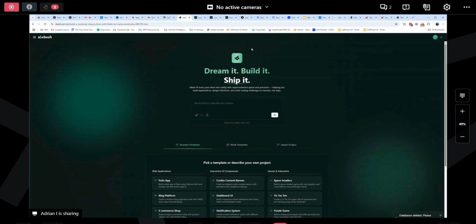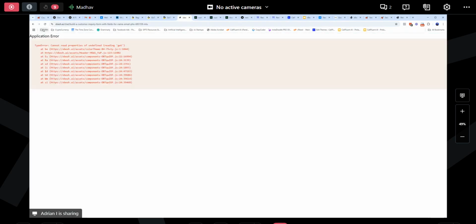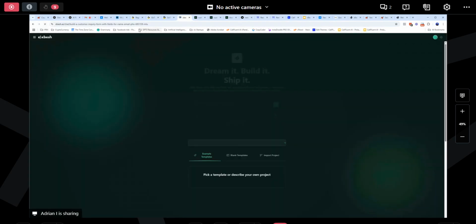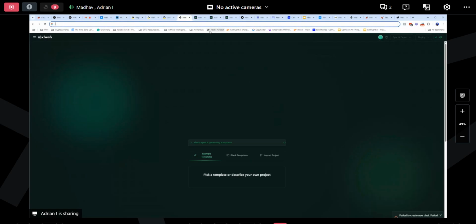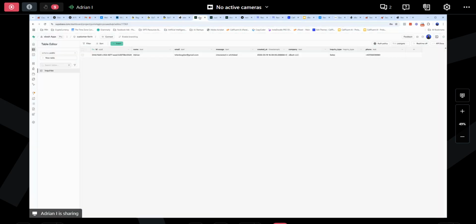I definitely don't want to do it on the fly because I want to test it properly. Once it is done, I will push it. So give me some time for this. I'll have to let you push because right now it seems like it's in the middle of pushing or something.